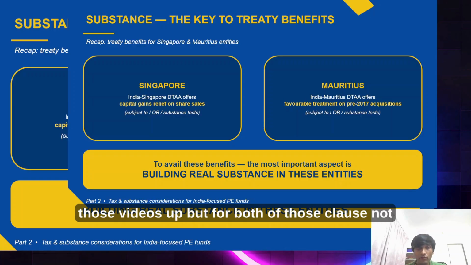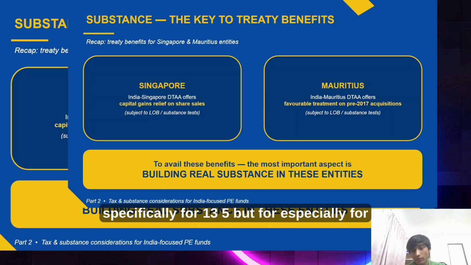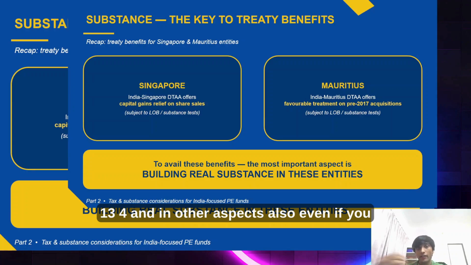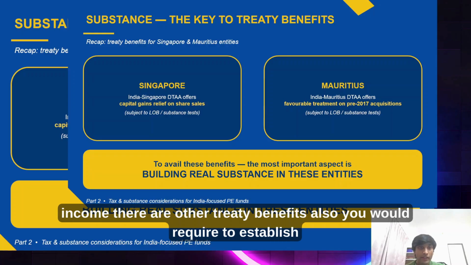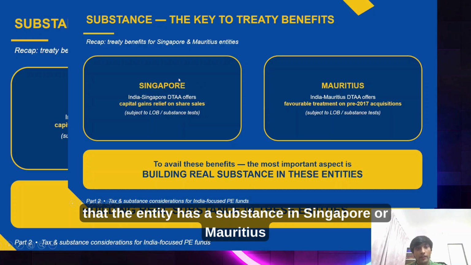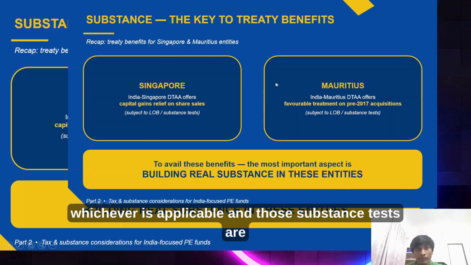Now that is related to the Tiger Global ruling, so you should look those videos up. But for both of those clauses, not specifically for 13.5 but especially for 13.4 and in other aspects also, even if you are not taking the capital gains benefit but any other treaty rate, for example for royalty or interest income, there are other treaty benefits also. You would be required to establish that the entity has substance in Singapore or Mauritius, whichever is applicable, and those substance tests are